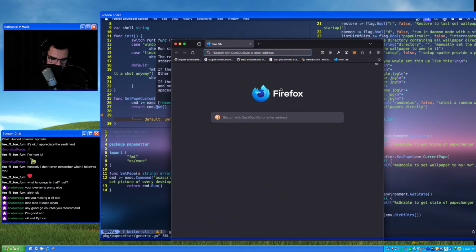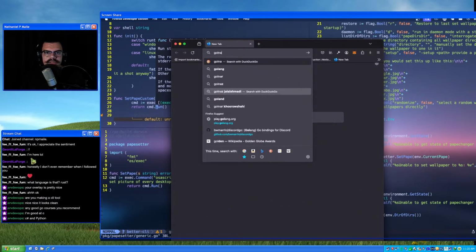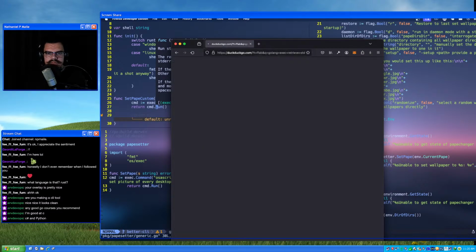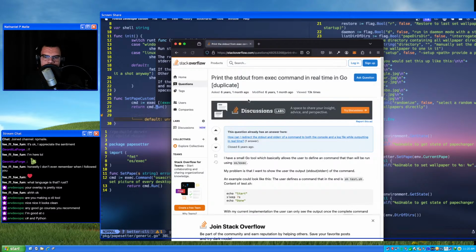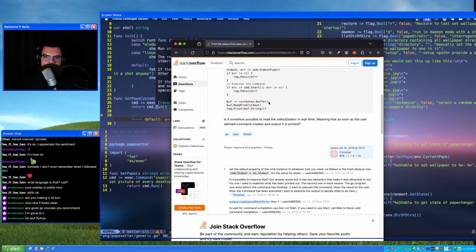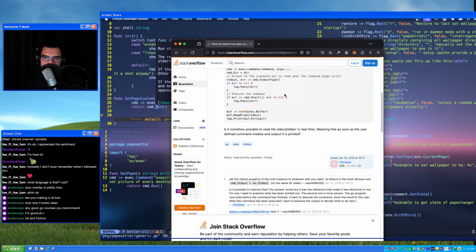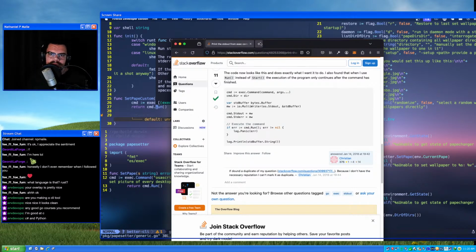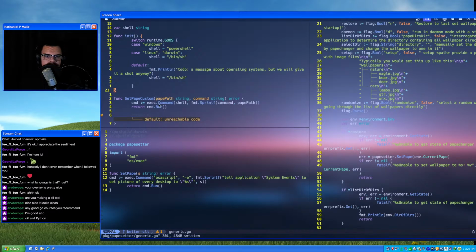So, Golang exec retrieve standard out. So I want to get the standard out pipe and then use Start instead of Run.